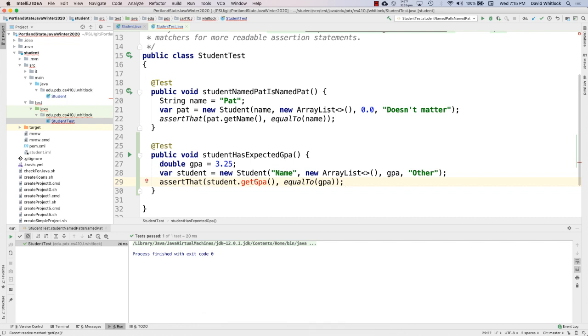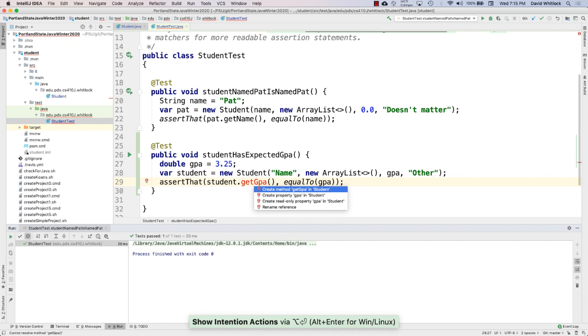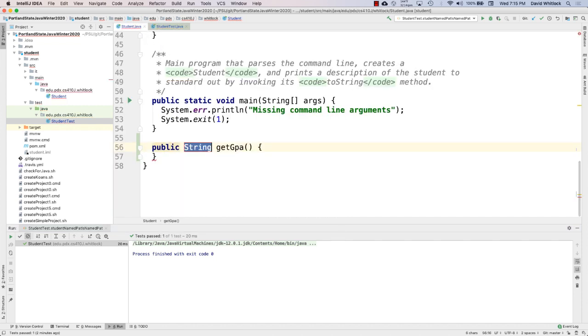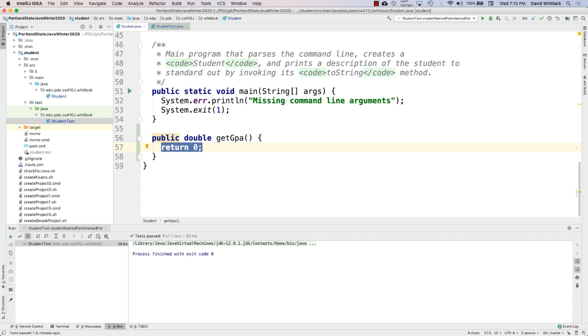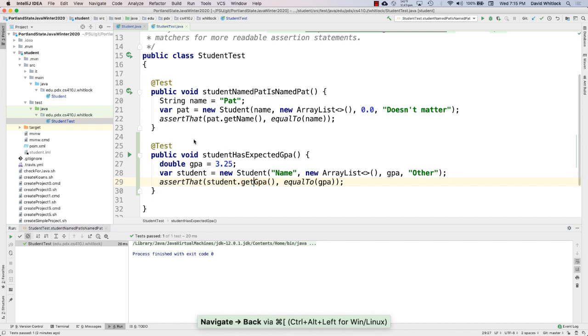Okay, I will create this method, and so I use option enter on the Mac to get a little help me pop up, and that's really small to read, but it says create GPA and student. I want to return a double, and then let's have it return 0. We'll go back to the student. We'll run it. Oops, we'll run it again,